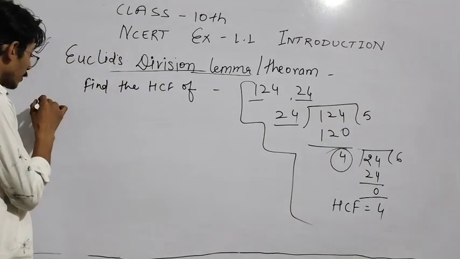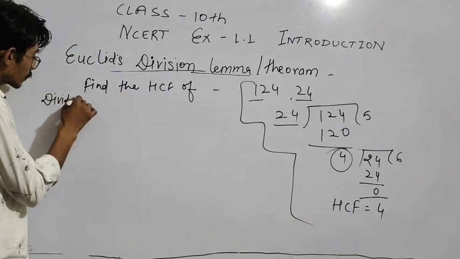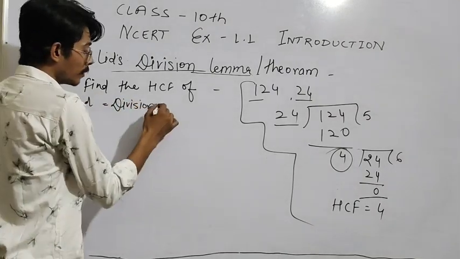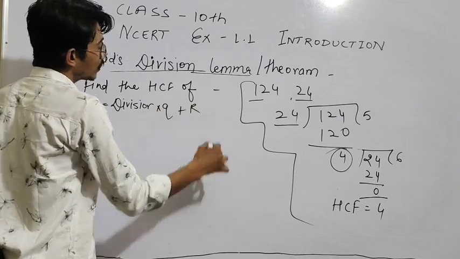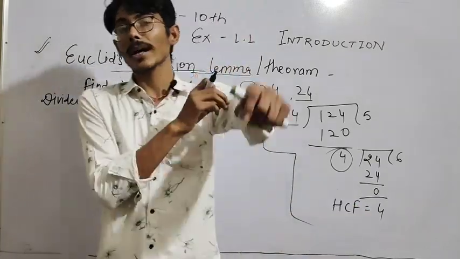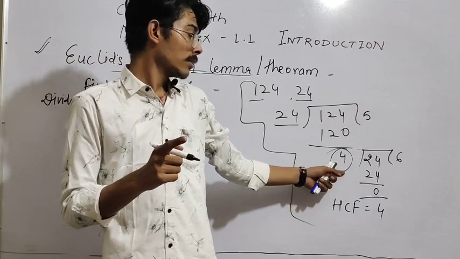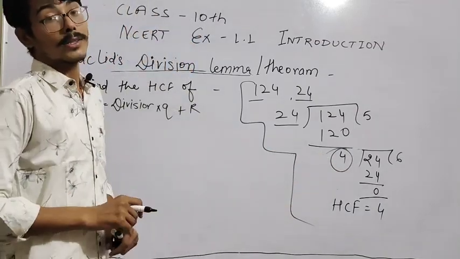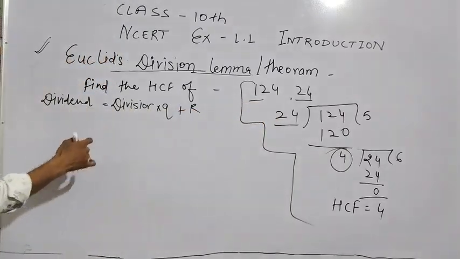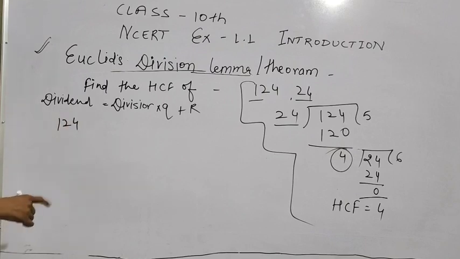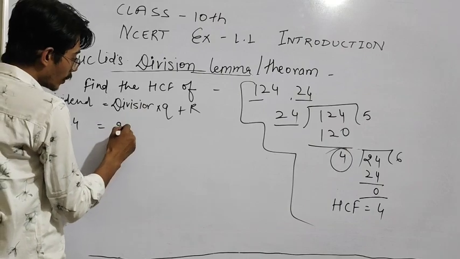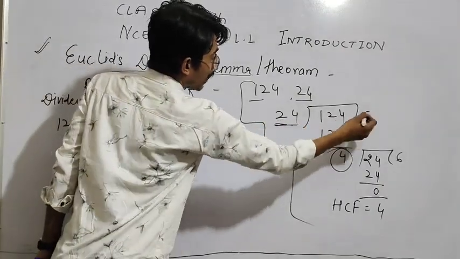The same thing which we have done here, we are going to write it like this. That dividend is equal to divisor multiplied by quotient plus remainder, just keep it in mind. When you get your remainder 0, that would be your last step, and that divisor will be your HCF. Let us write this calculation. We are doing 124, our first dividend, written as 24 multiplied by 5